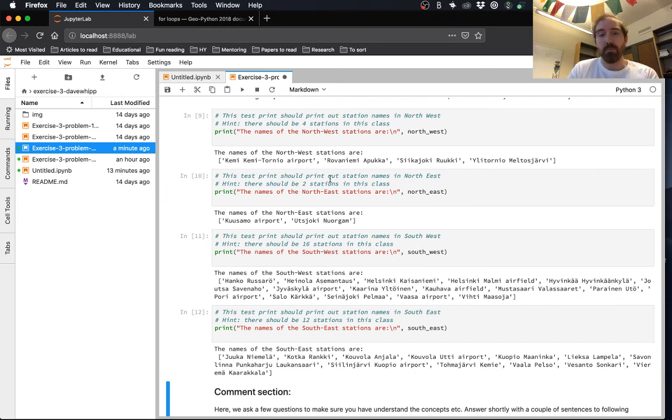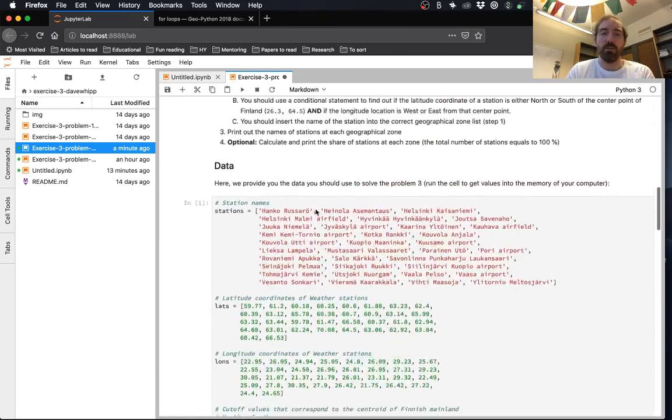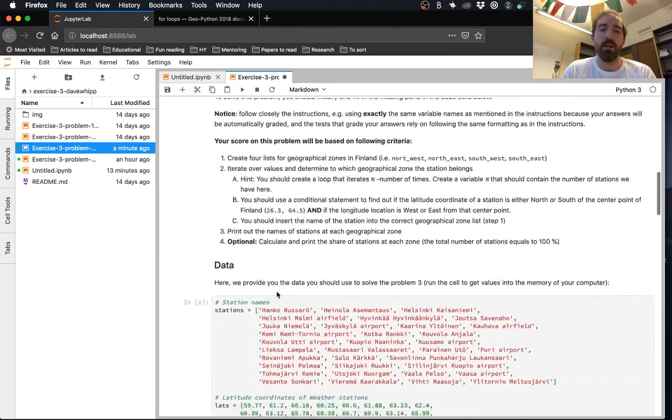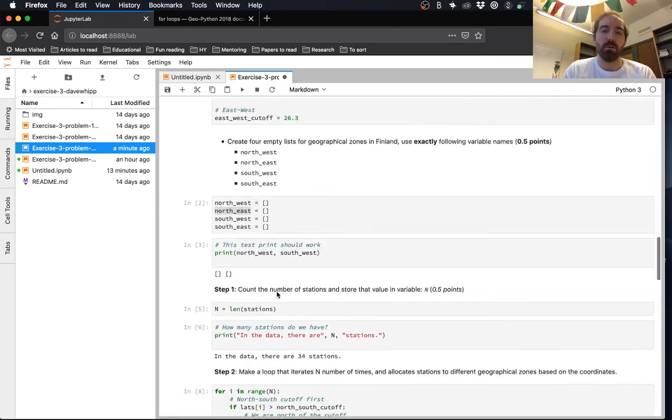But we could also look at the map and say, okay, it looks like there's 2 stations showing up in the northeast. And if we scroll back up, we see 1, 2 stations showing up in the northeast, and 4 stations in the northwest, 1, 2, 3, 4 stations showing up there. So you could check this answer in a couple of different ways to see whether things worked correctly.